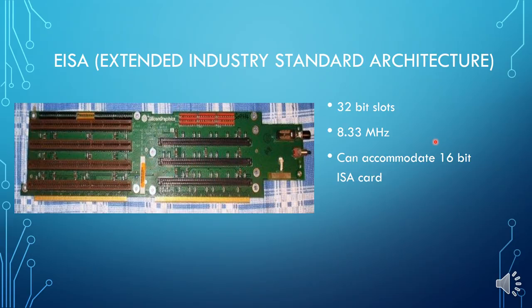Why it was called backward compatible: EISA was accommodating ISA. It was not accommodating the cards further, means the cards or the standards which were invented later on after EISA. It was not supporting the cards that were invented after EISA was invented. It was supporting only backward, that is ISA, which was introduced earlier, while MCA was not supported because it was proprietary. So soon it became obsolete.